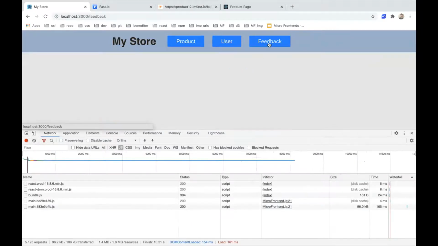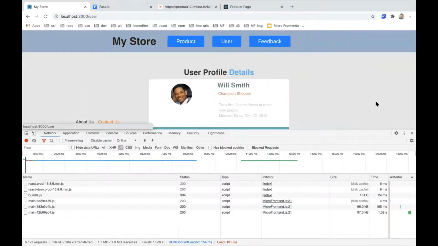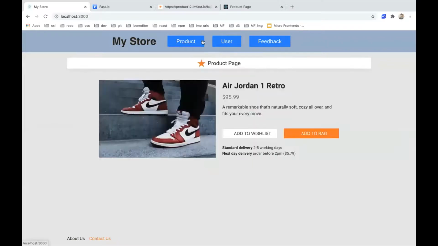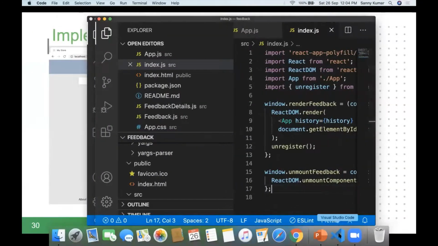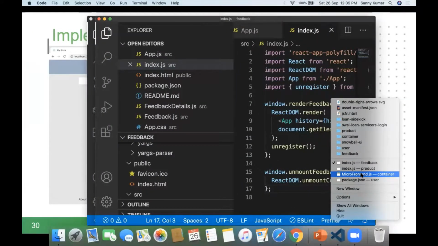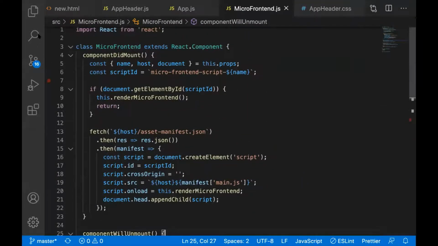On click of feedback, it will load the feedback bundle, but once it is loaded, it won't call anything else. So that's how it is implemented. Okay, so this was about the implementation on the container.